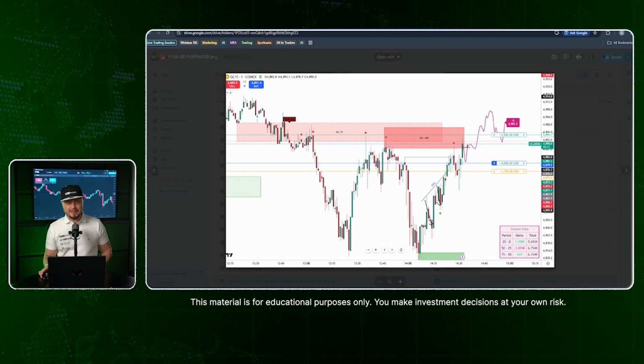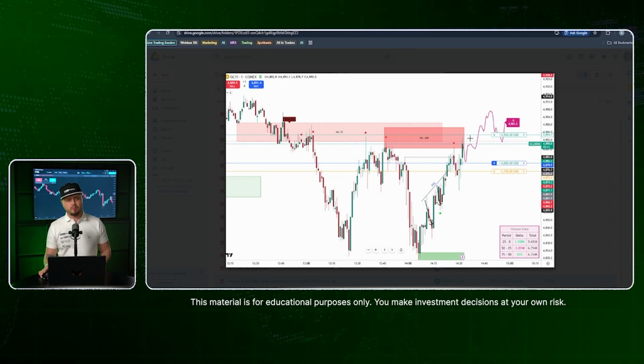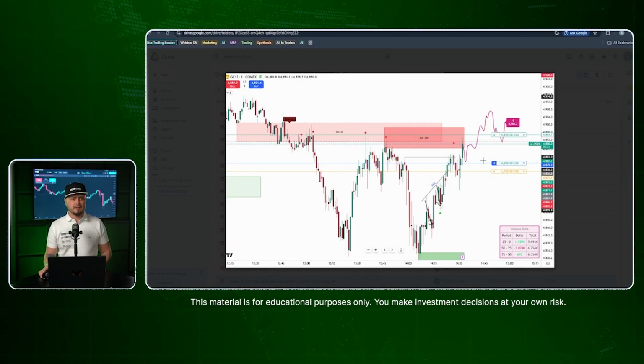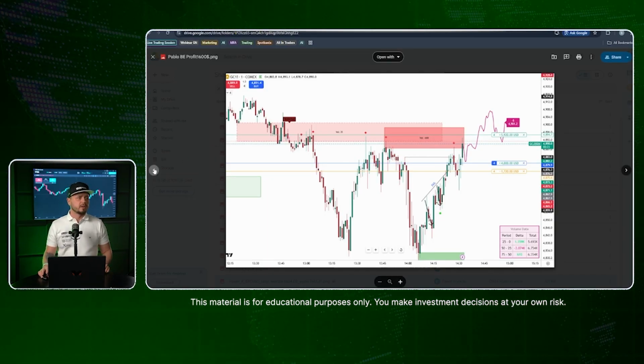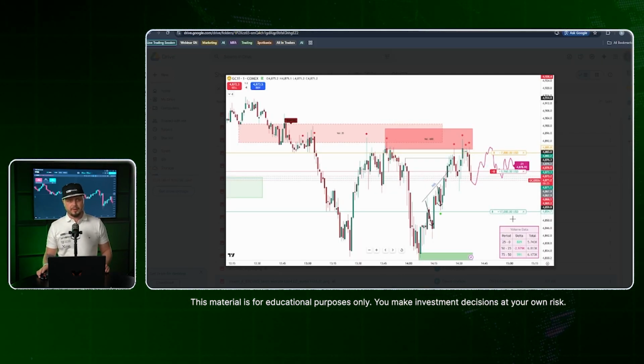This one here didn't get to full take profit. Pablo sent us this trade. It didn't get to full take profit. He managed to secure the trade on break even. I think he got a little bit more than $1,000 from this trade, which is, of course, pretty good. But next trade from Pablo, you can see full take profit on